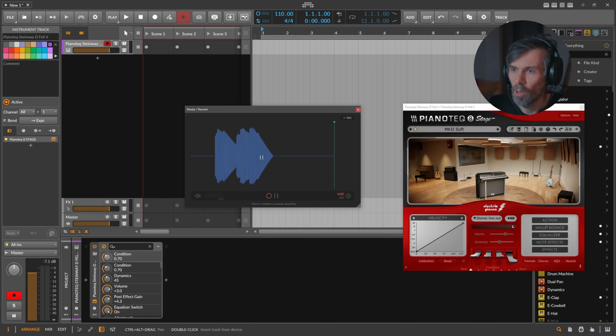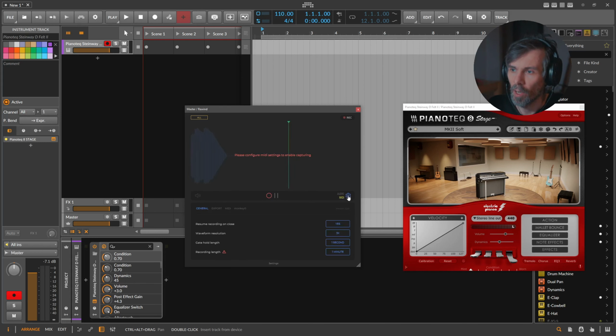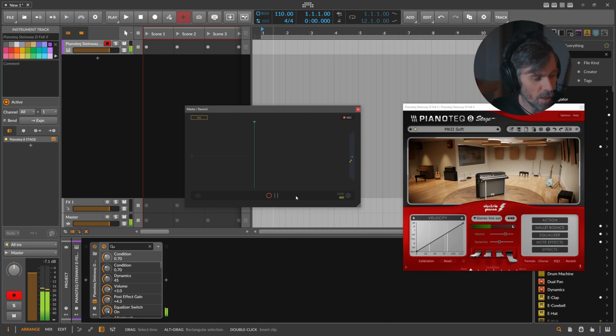So you can see here we are back into recording mode, and we want to record also now MIDI data. To make this happen, we have to switch here to the MIDI page, and it says please configure MIDI settings to enable capturing. And to do this, we switch here to the settings page, go to MIDI here, and we want to record here my KeyStep Pro MIDI keyboard device. And now when I close this back down, we can